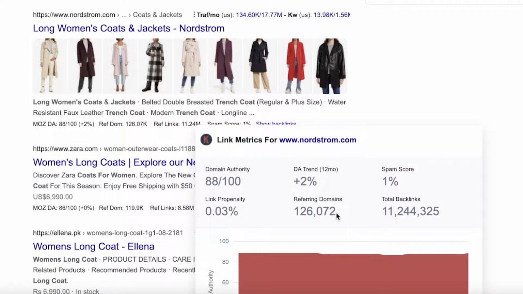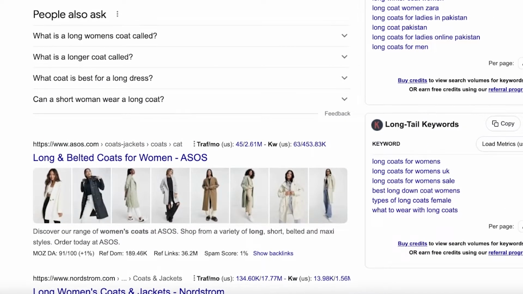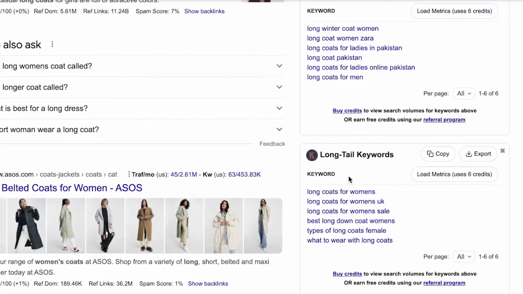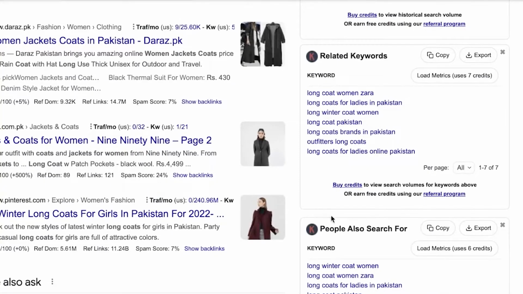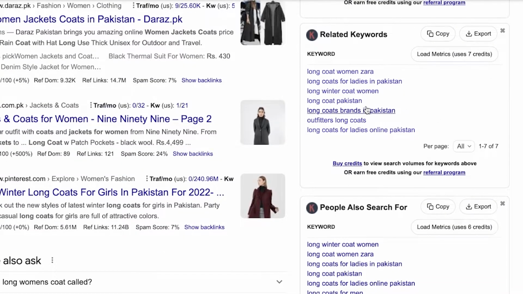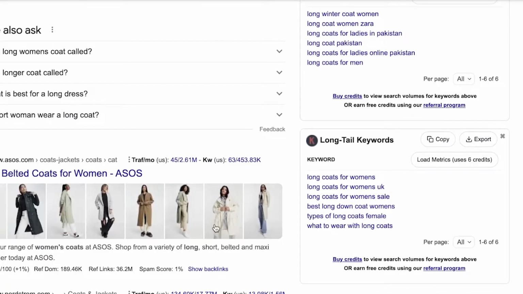And that means that you cannot realistically build 11 million backlinks unless you are Nordstrom or another large corporate company. That is why it is essential that you go ahead and pick out a more niched keyword. When you're using Keywords Everywhere, once I search for a specific keyword, they are going to give me long tail keywords, as well as people also search for and related keywords. So I can go ahead and pick a keyword from those similar results